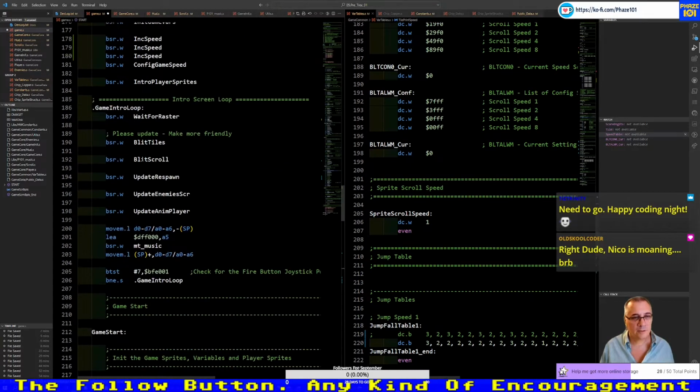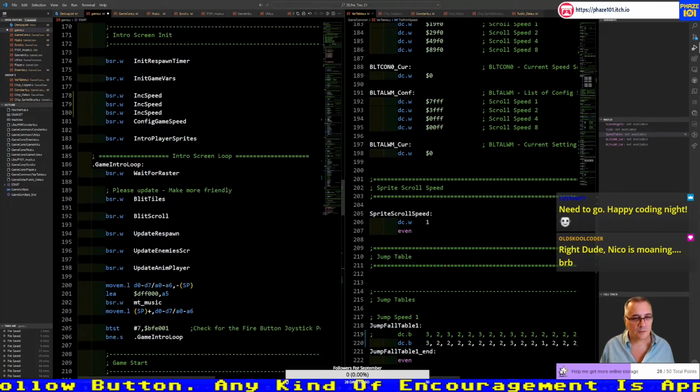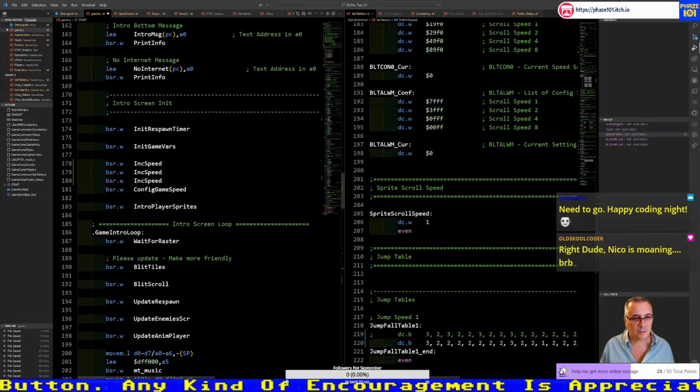Let's disable also the scroll in the intro screen.